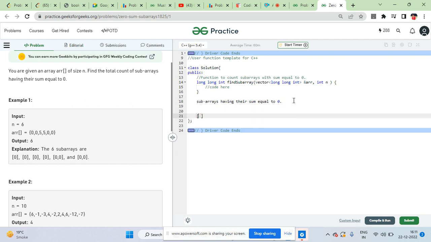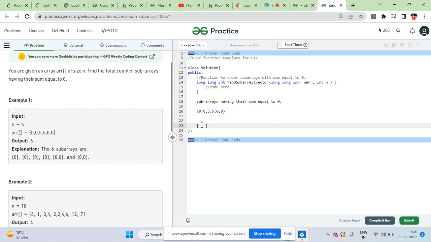If a subarray has a sum of zero, given an array, I'm iterating on this array from left to right. When can I say that I found a subarray having sum zero? When, for example, you keep iterating and storing the sum into some variable, and then into a map also. So if the sum at this point is s1, and the sum at this point becomes s1 again, which means that I added something, let's say 4, then plus 2 came, then minus 2 came, then again